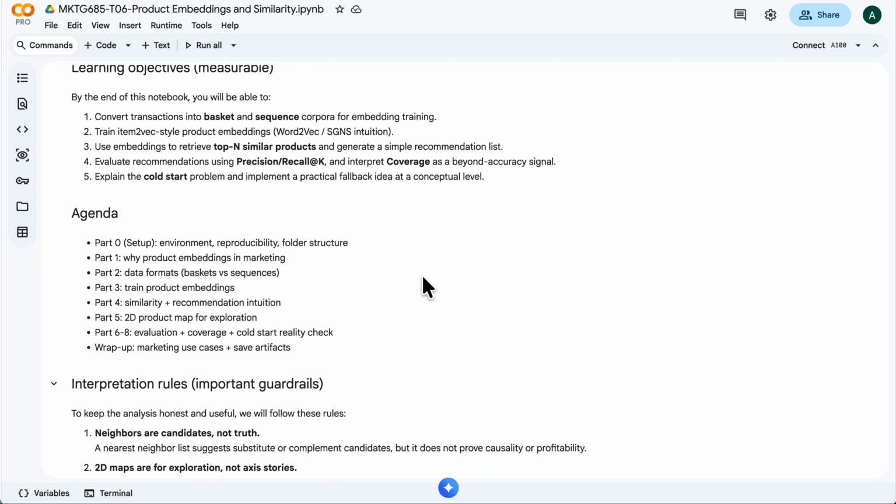Here are the learning objectives for today. By the end, you should be able to take raw transaction data and convert it into basket-style training data, train an item-to-vec style embedding model, and then query it for nearest neighbors. You'll also learn how to turn similarities into a recommendation list, and how to evaluate those recommendations with simple offline metrics like precision at K and recall at K. Finally, we'll talk about cold start, what happens when new products have little or no purchase history, and we'll implement